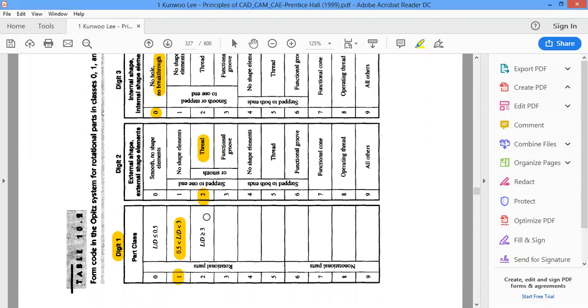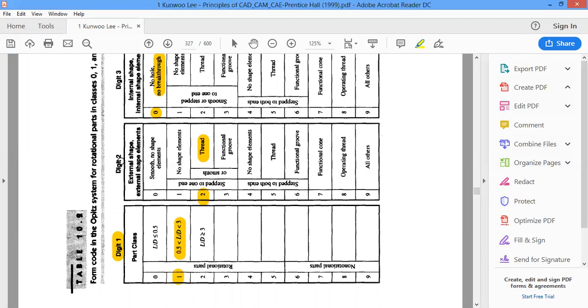The height of the material is 50 and the maximum diameter is 75. So 50 by 75 is 0.67. It lies in the range 0.5 to 3 L by D ratio, so this is going to be number 1.